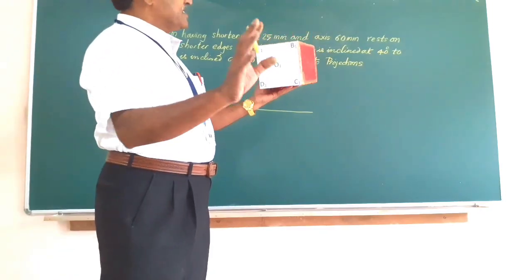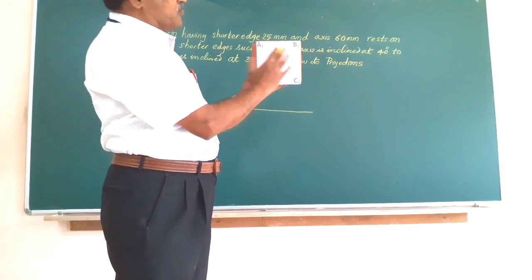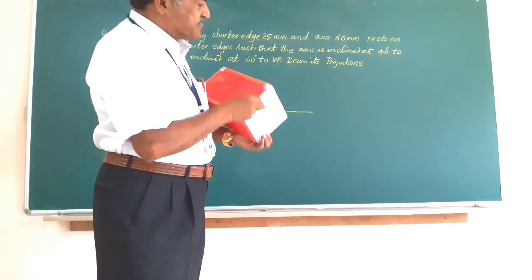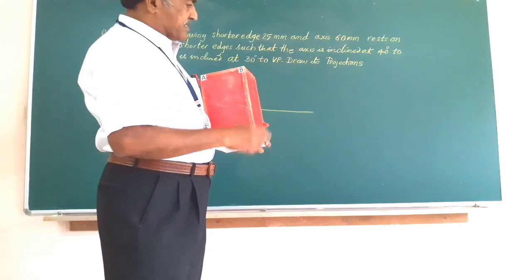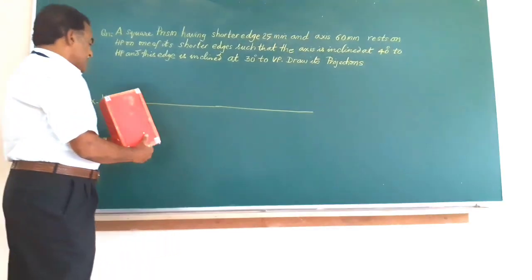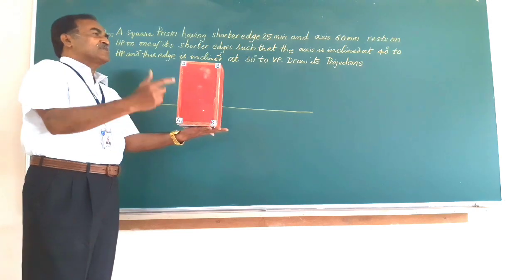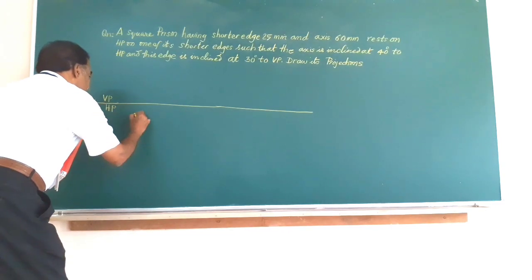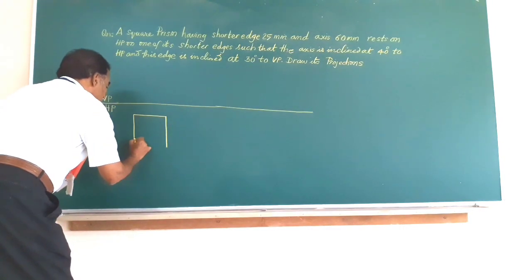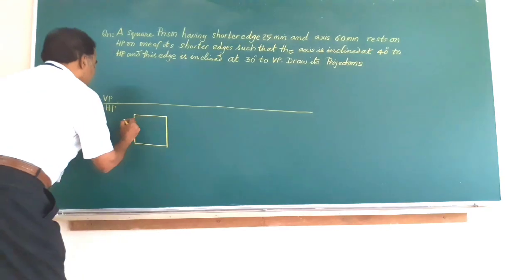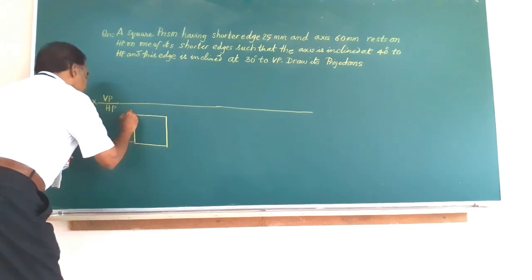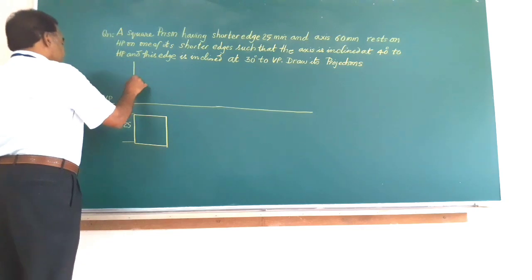This is XY. So I am going to place the prism on HP on one of its bottom square faces, such that one of the edges is to the right side of the observer and it is resting on HP. So let me write down the top and front view. The front view is a rectangle, top view is a square. So let me construct a square of side 25 mm. So I will write down here 25 millimeter, and I can just get the corresponding front view, a rectangle.